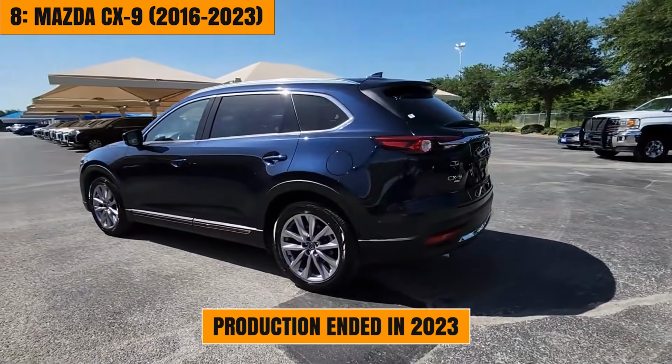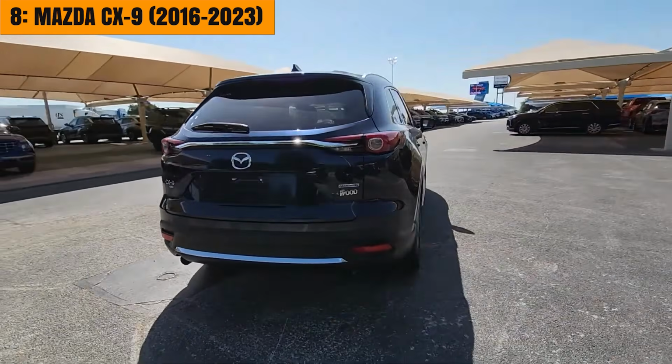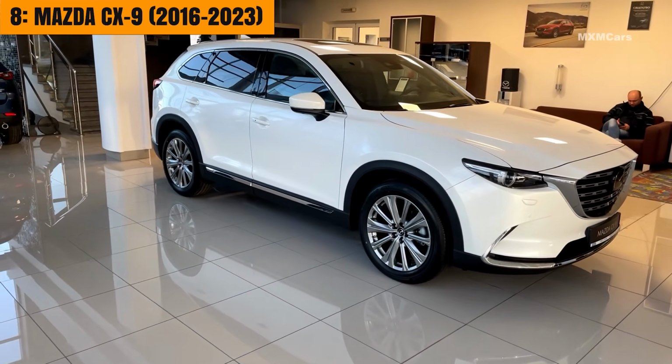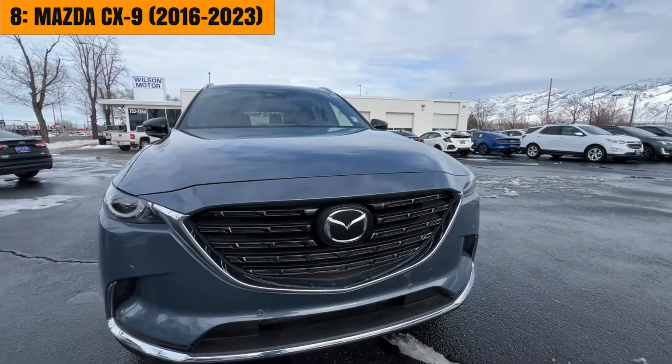Unfortunately, production ended in 2023, making the CX-9 a limited-time opportunity. Fuel economy delivers 22 to 25 miles per gallon combined. The CX-9 won't work if you regularly haul adults in row 3, but for driving enjoyment and interior quality, it's